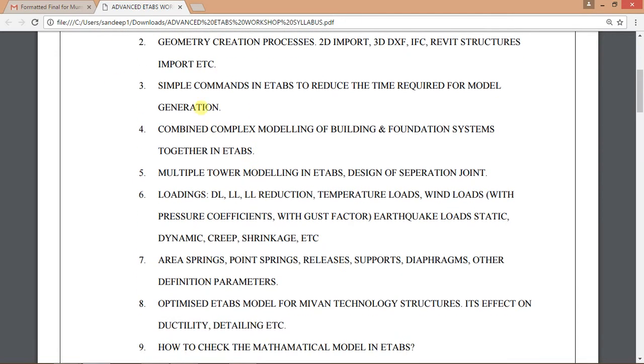The third topic that would be covered is the simple commands, how we can generate the model. In Etabs there are 2-3 different types of techniques in which you can generate the model very quickly. Then the complex modeling, foundation system modeling and the building modeling together, if we do that, then what advantages and disadvantages you will get, that we will see. Multiple tower modeling also we'll see with the separation joint, different types of loadings, dead load,